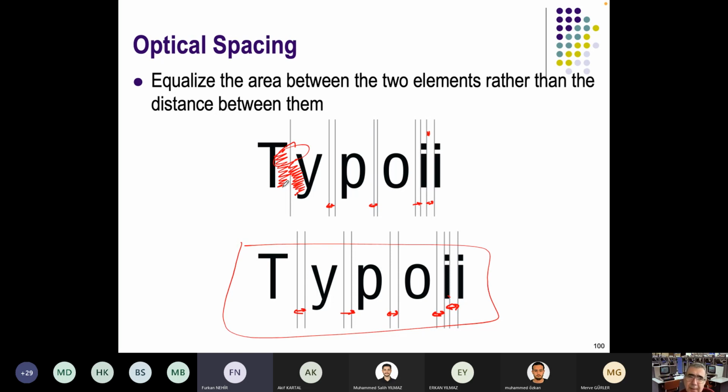When the space is even in all letters, we call this monospace. Yes, I think they were using it back in the typewriting days. Yeah, exactly. In the old days, in the typewriters,